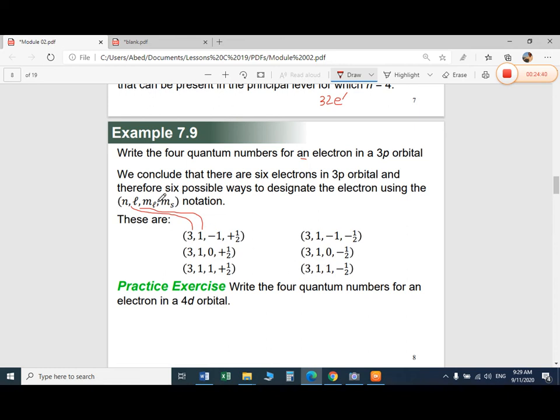Okay, and then we come to the ml. ml has the chance of negative and positive values through 0. So for 1, it will change to -1, 0 and +1, and we repeat it here: -1, 0 and +1, because of the ms. Because ms has 2 values, positive half and negative half. So the positive half comes here and the negative half will come here, otherwise these two columns are the same. So -1, 0 and +1, -1, 0 and +1, with the plus half all the values, with the minus half all the values. I hope you understand this. He is asking for only one answer, but I have given you all the 6 answers.